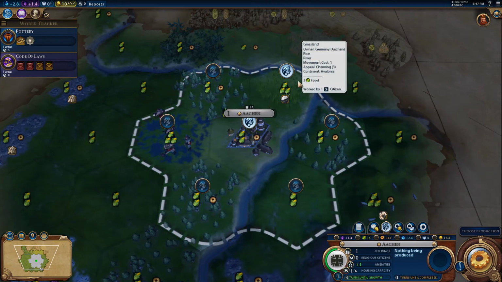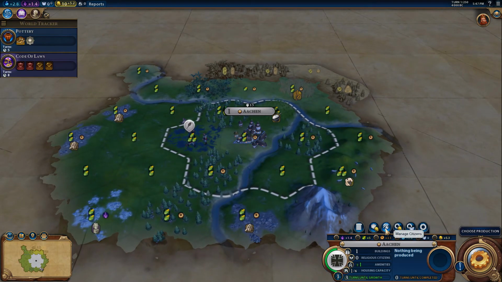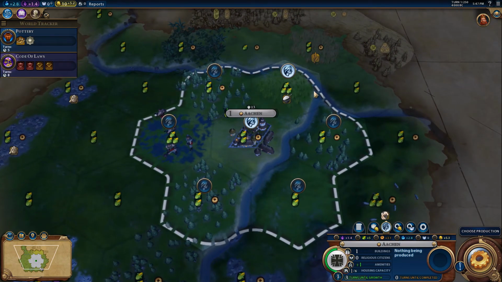So I have to choose which tile I want to work. Now the game will usually do a good job of choosing the best tiles. So if you never come to this Manage Citizens screen, you'll probably do just fine on normal difficulties. But when you really get towards min-maxing and at the higher difficulties and you really want to optimize your play, or you're playing against humans, come into this Manage Citizens tab and you can override the AI and